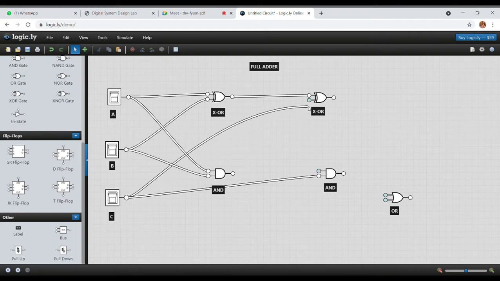Then now we'll connect the bulb. Now we'll label them.